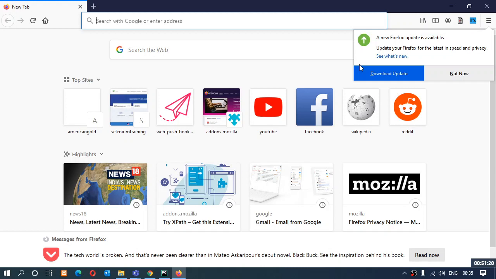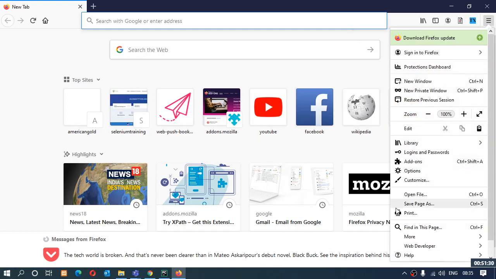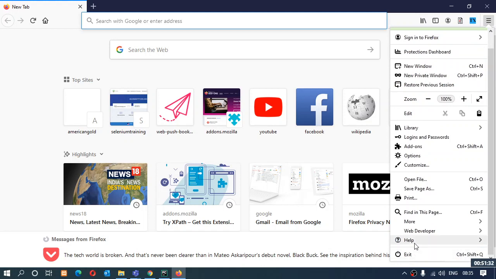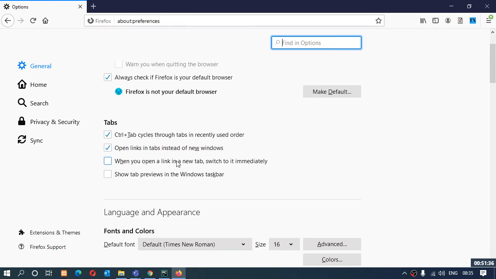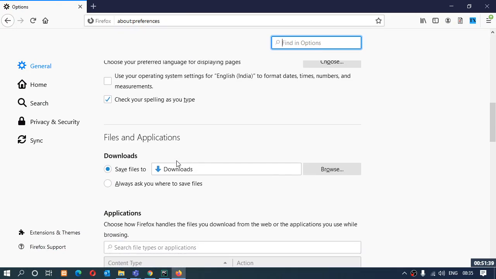Because in Chrome we don't have an option to stop the automatic updates, but in Firefox we have an option to stop the automatic update. I can just go over here in the options, and in here I'll get a section of updates.